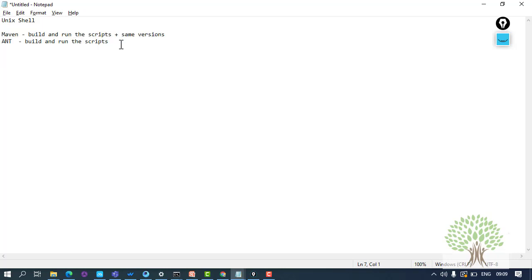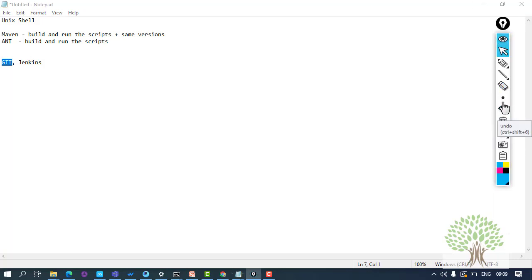Now people also have a question: what is Git, GitHub or Jenkins? Most of you must know what Git is. Git is a central repository. I'll talk about both Jenkins as well as Git.